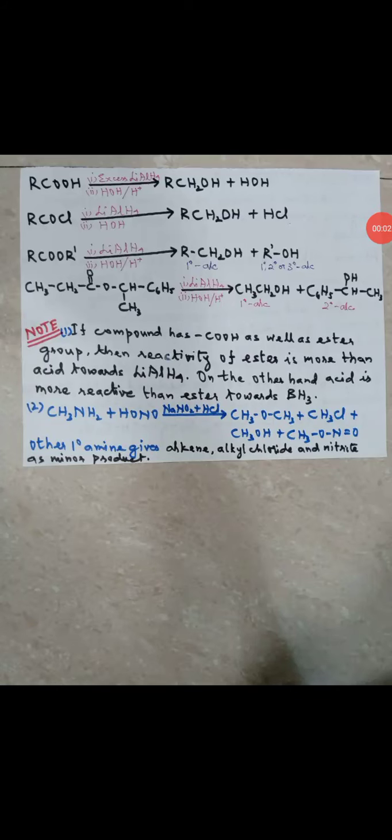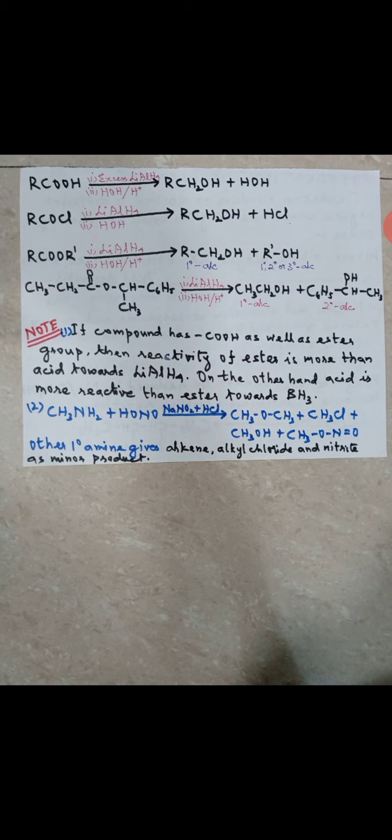So we have done alkanes, alkenes, alkynes. We have seen alkyl halides. We have just now seen carbonyl compounds. Got it? Then now we'll see acids. Got it? Acids and acid derivatives, as you can see on the screen.